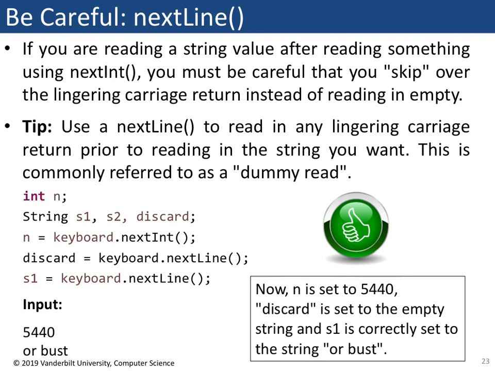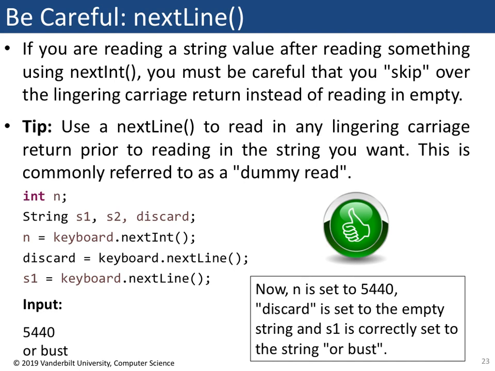So for instance, in the situation from the previous slide, the user was supposed to type in something and then another line of text. So 5440 followed by the line "or bust". In this case, we need to be aware that after reading in an integer, or a double, or anything that reads a single token, we are going to leave behind white space or carriage return. So what we can do is actually make use of this. If we wanted to read in the integer and then read in the words in the next line,